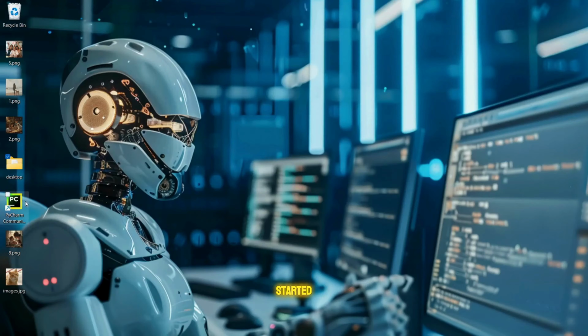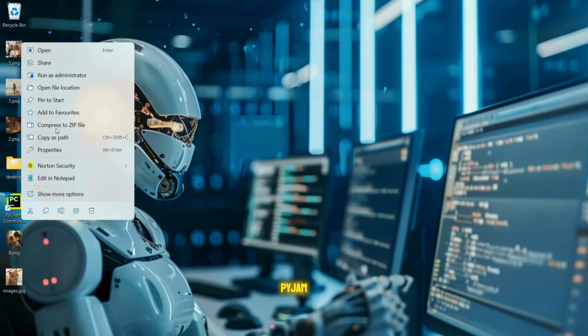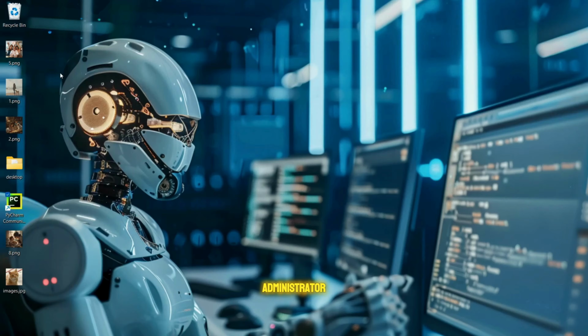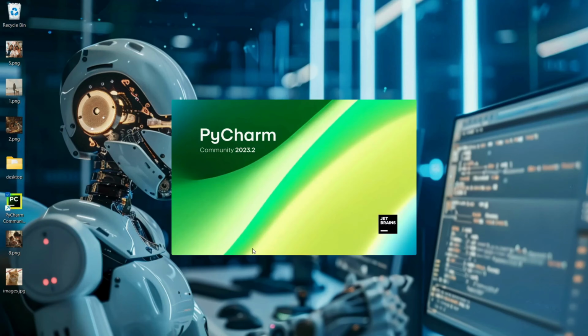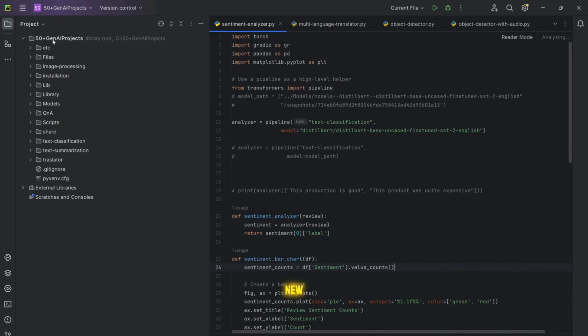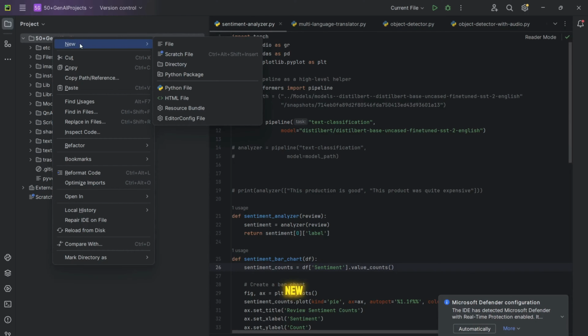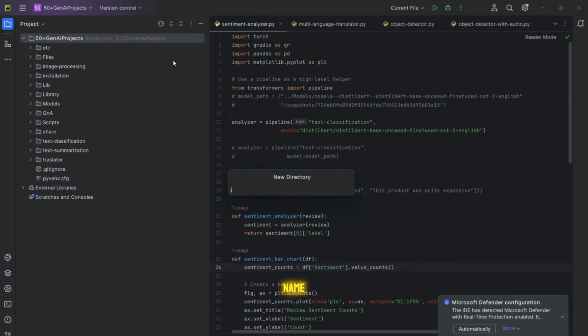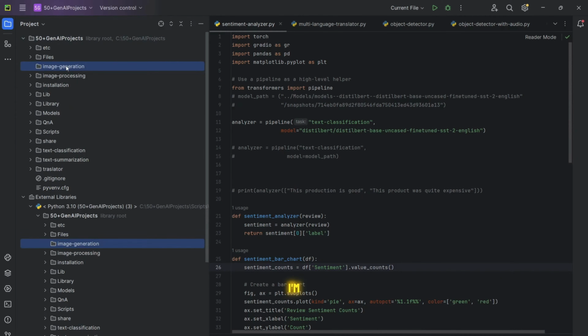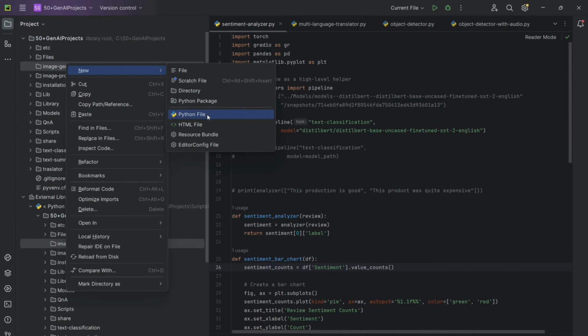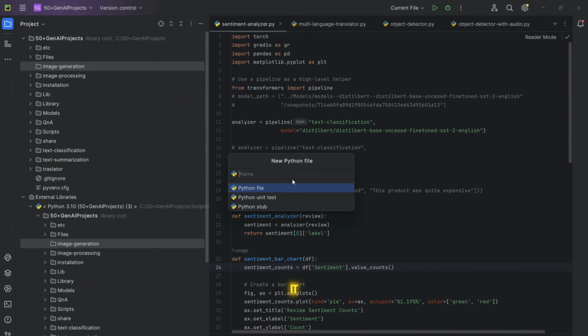So let's get started. I'll first open my PyCharm. I'll open it as administrator. Now I'm going to create a new folder because this time we are going to work on a new kind of project, that is image generation. So I'll just click on new and then directory, and I'll give it the name image generation. Okay, and I'm going to add a new file, a new Python file. I'll give it the name image generation